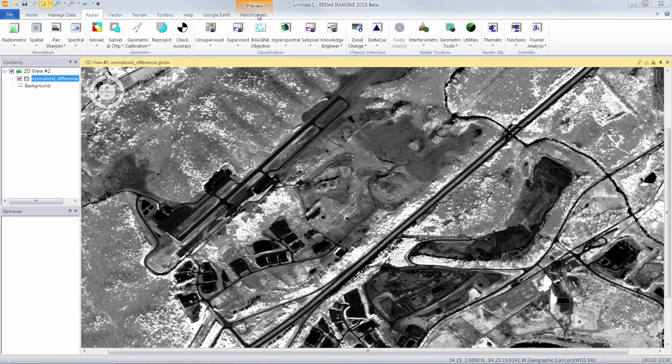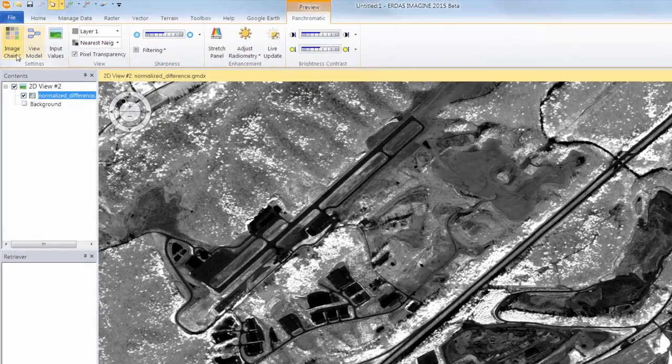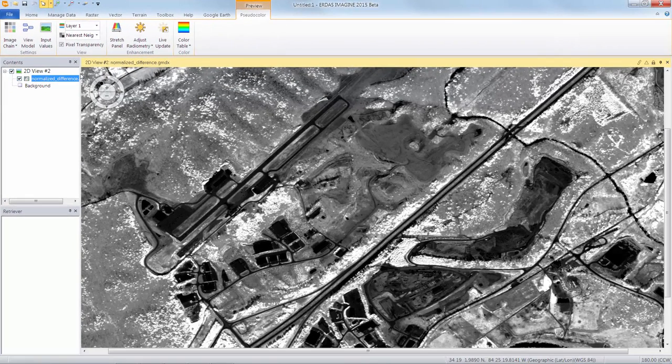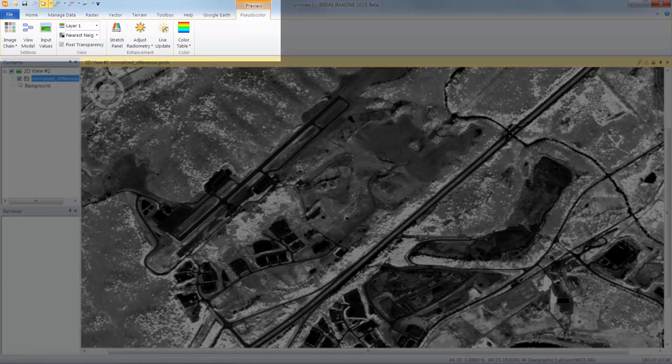Without needing to reopen or restart the NDVI processing, I can go to the Panchromatic tab and click the Image Chain button. This presents a gallery of image chain display modes to quickly choose from. To apply a color ramp to continuous data such as an NDVI image, we can select the pseudocolor image chain. The Panchromatic tab has been updated to the pseudocolor tab and provides a new set of tools for this type